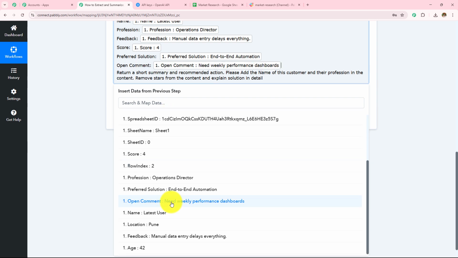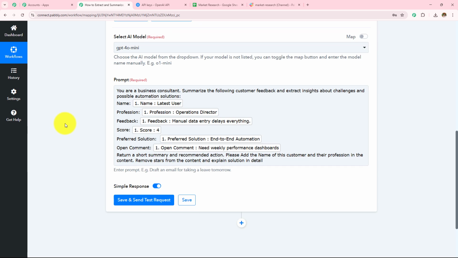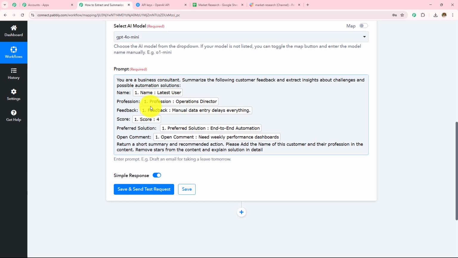Need weekly performance dashboards. Now over here mapping is important so that every time you receive a new response, it is taken into consideration in these fields. Manually entering the data will make these fields static and the information will not change even if you have received the new response. Over here, if I manually enter any detail, this field will become static and every time I receive a new response, the result will not change. So as to keep this field dynamic, we use this process mapping instead of manually entering the details.